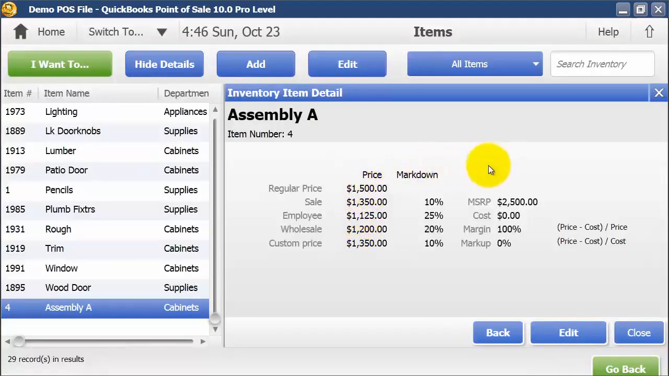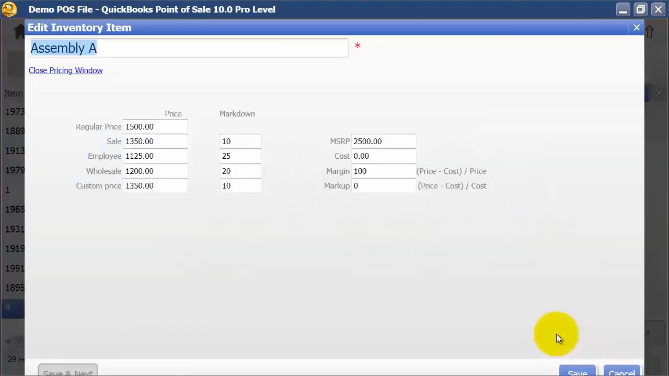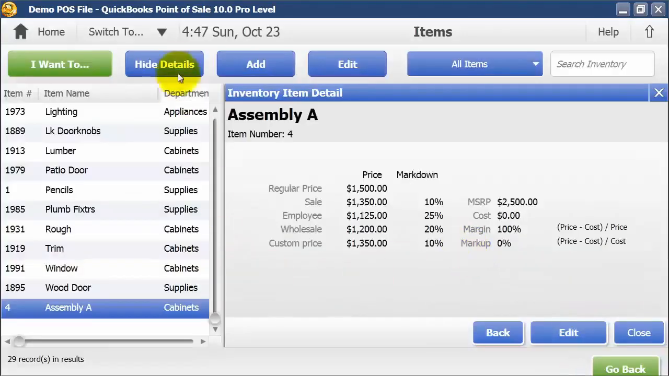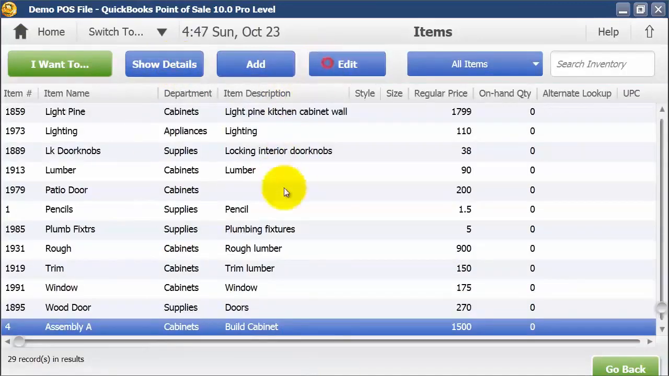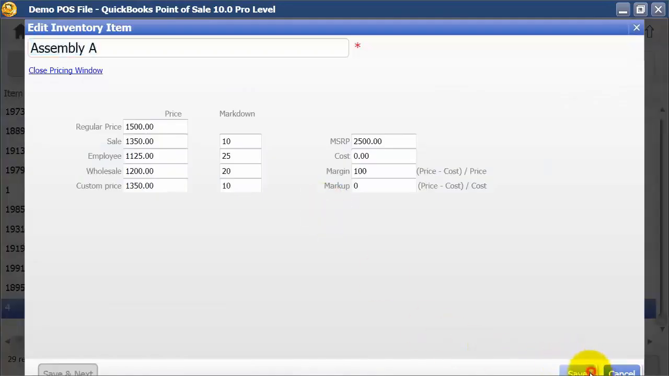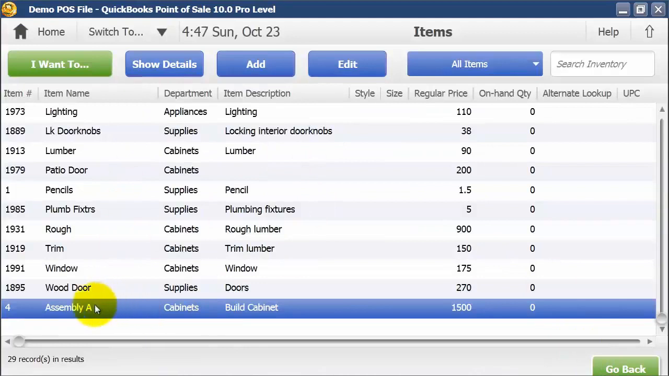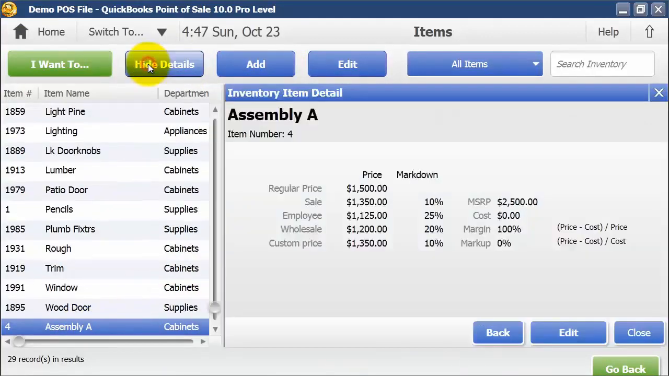All right. So there I can go in and edit that. And then further, I'm going to save this. I can say hide details, and I can go in and edit the item as a whole and see if I need to add additional items. Now, if I want to,